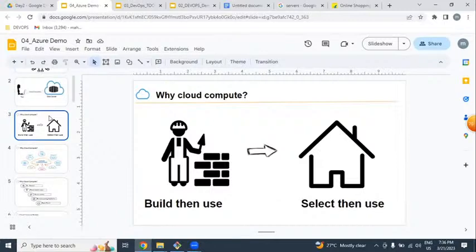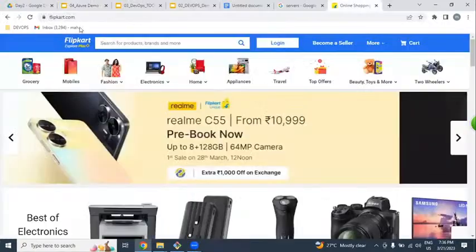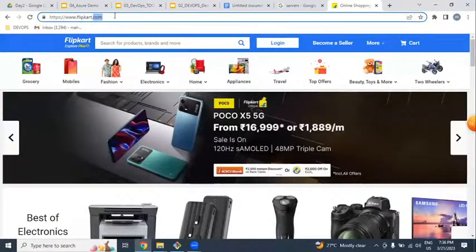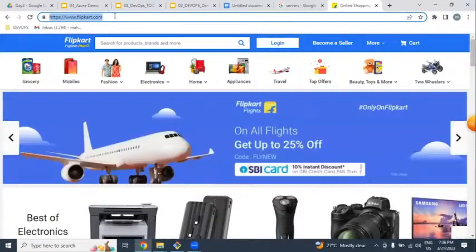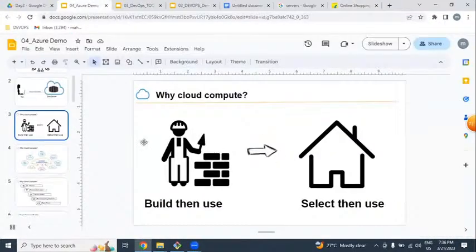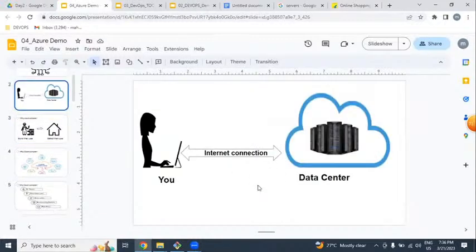What kind of infrastructure? Rental based infrastructure, just for deploying our applications, a Flipkart kind of application, Facebook kind of applications, Redbus kind of application, Book My Show kind of applications.